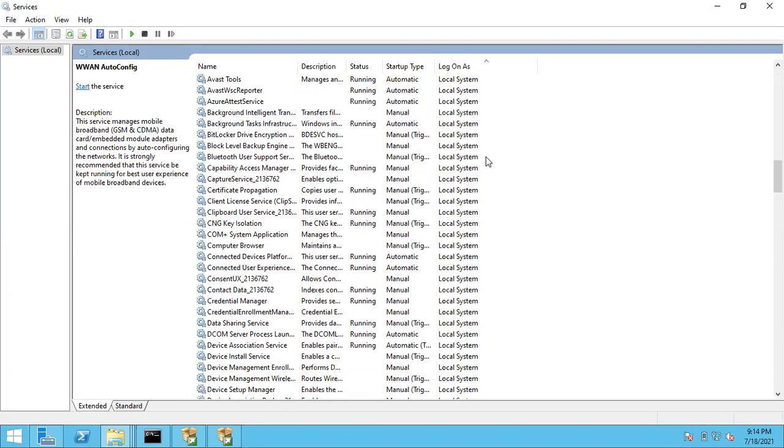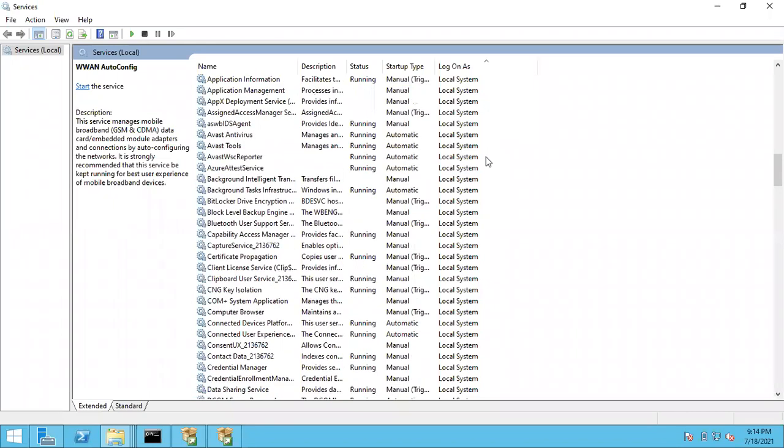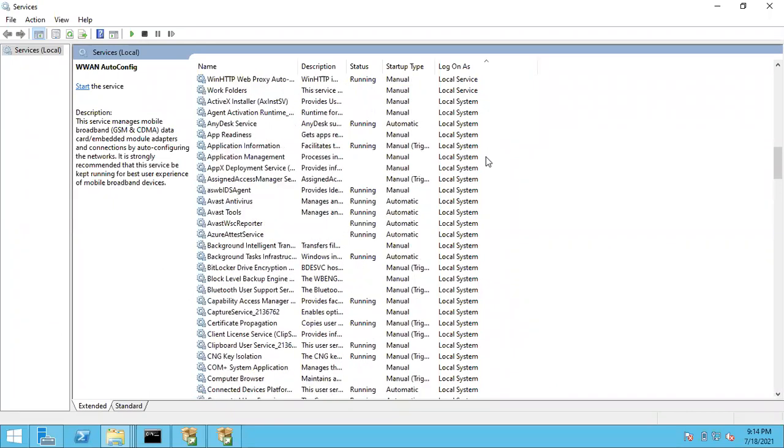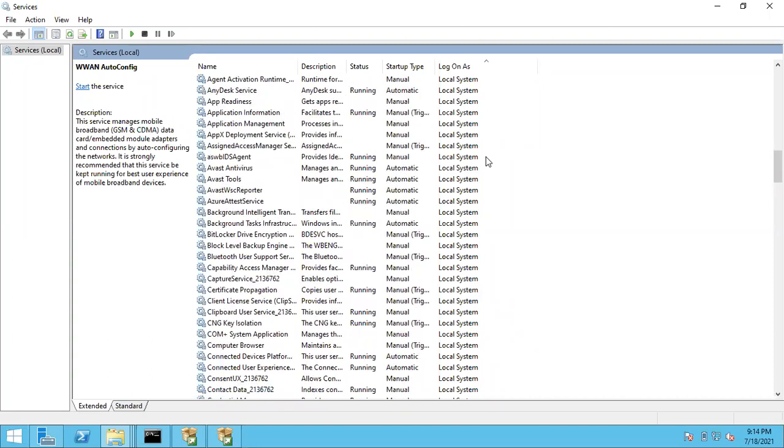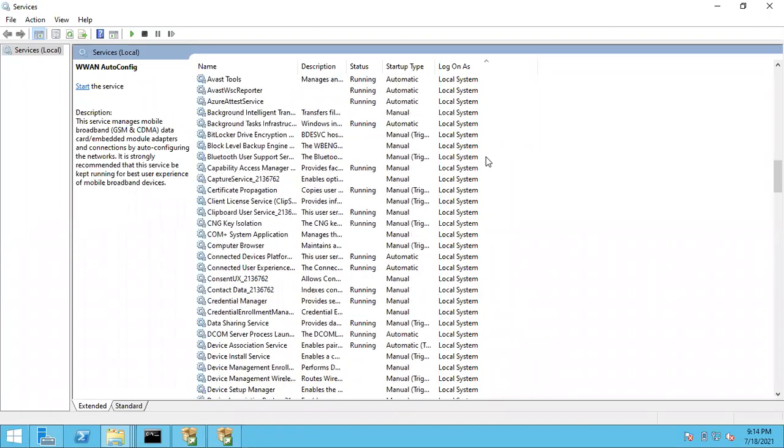Okay, if there is a separate maid, she can complete all the things in 30 minutes and go, right? The performance is going to be improved, right? So that is called customization. So we have two types of service accounts. One is default service accounts that come with the system: local system, local service, network service. Or if I don't want these maids, I will set a separate maid, then you can go with the customized maid. That is called customized service accounts.